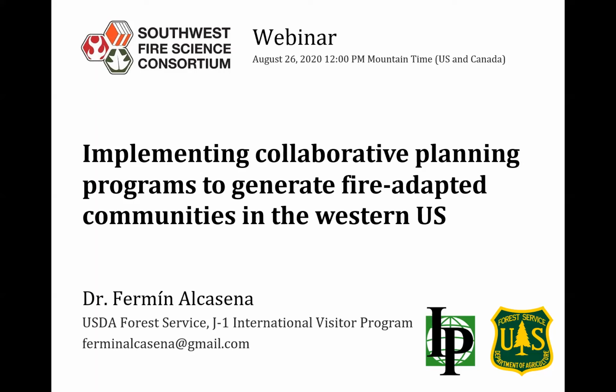And in this case study, we just want to find and understand how much do we need to treat on the landscape to reduce expected annual loss in one structure. For that purpose, we combine simulation modeling, structure susceptibility models, then we use treatment optimization models to design landscape fuel treatments, and then we rerun the fire spread models as well as the susceptibility models to estimate the risk, the difference, and the risk reduction.